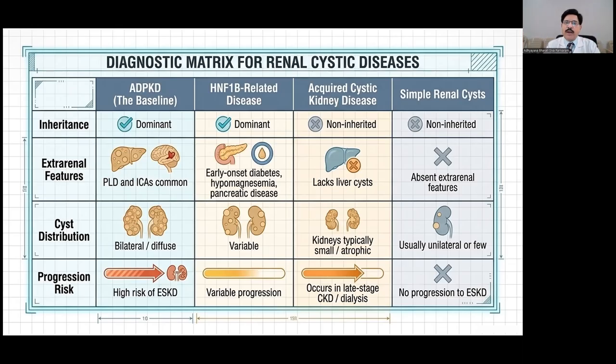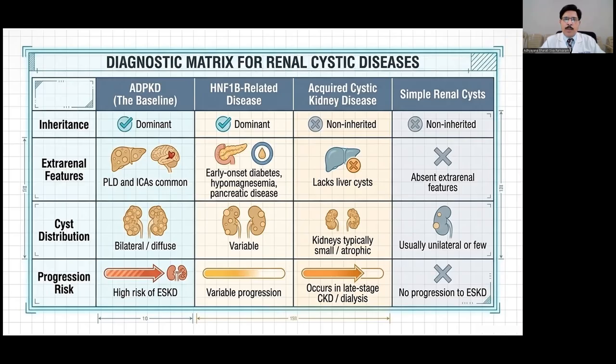If you don't find liver cyst and only find kidney cyst, without aneurysms in the brain, it is mostly acquired cystic kidney disease. If there is multi-system involvement, mostly it is the genetic variant. Now, simple renal cyst you see in ultrasound, many a time you get the report that a simple renal cyst is reported. Just to follow it, absent extrarenal features will be there.